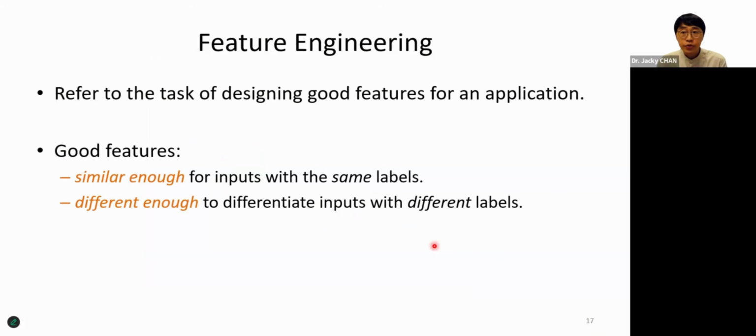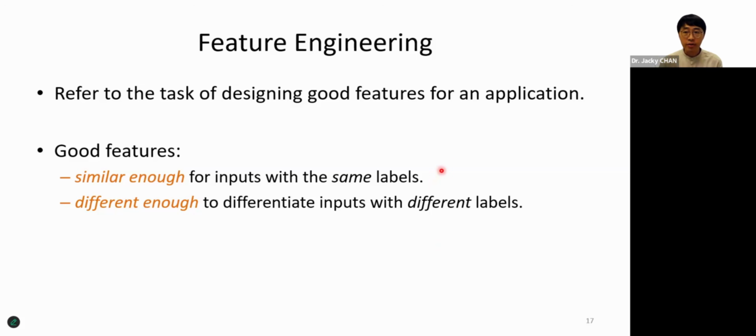Designing good features is called feature engineering. In feature engineering, you want to design good features for an application. What do we mean by good features? There are two principles. The first one is: if the two inputs share the same label, let's say both of them are dogs, then